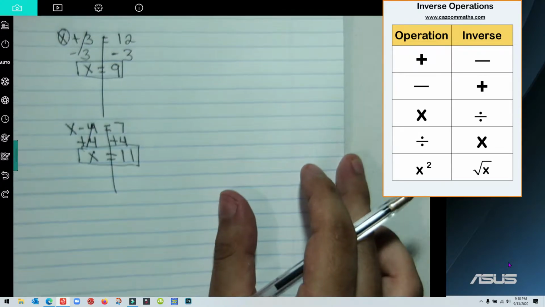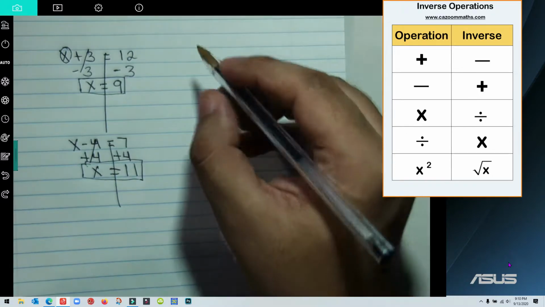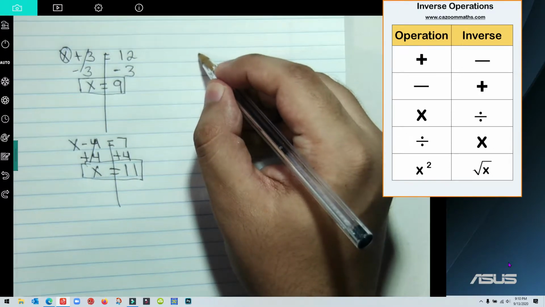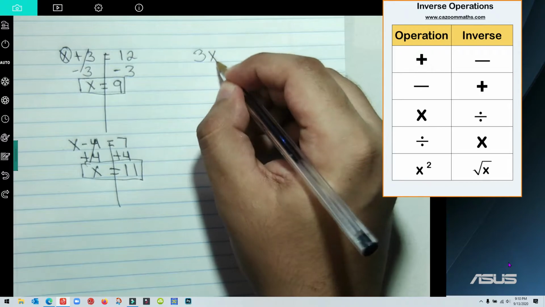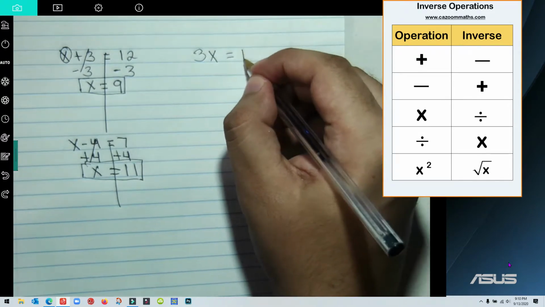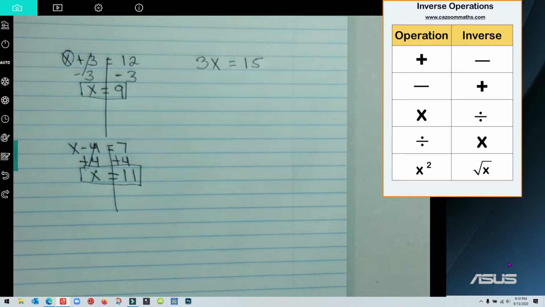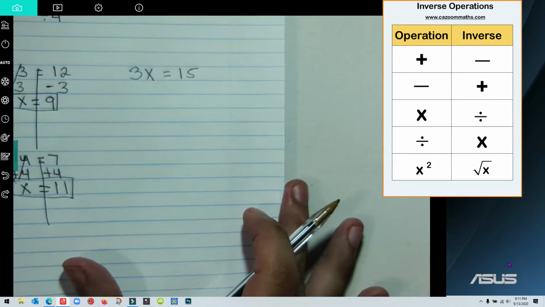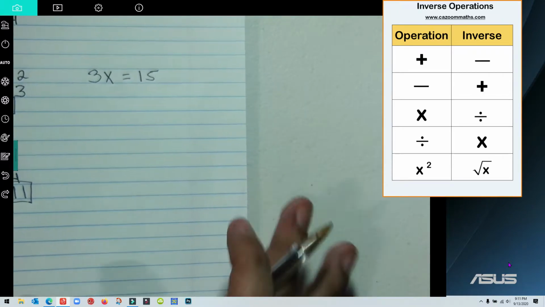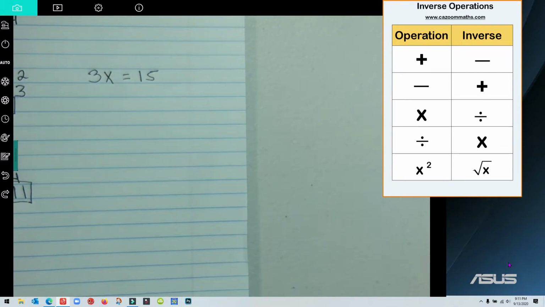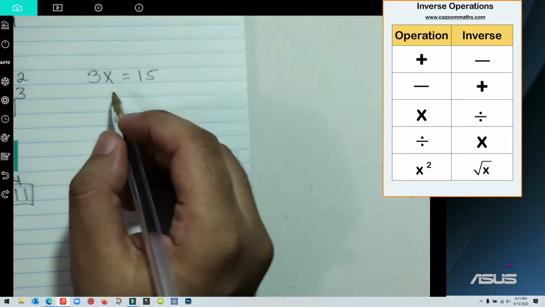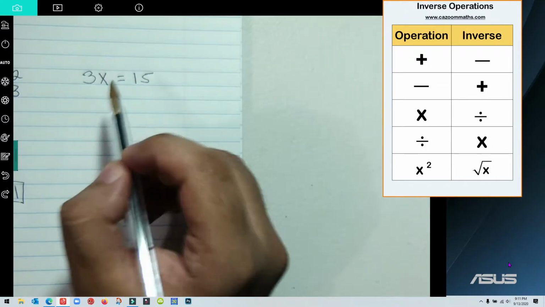Now moving on, I'm just going to make something up. Say we have 3x is equal to 15. In this case, if I look at the x variable, what is that 3 doing to the x? When it's 3x, it's multiplying. So what is the inverse operation of multiplication? It's going to be division. So I'm going to go ahead and undo this times 3 by